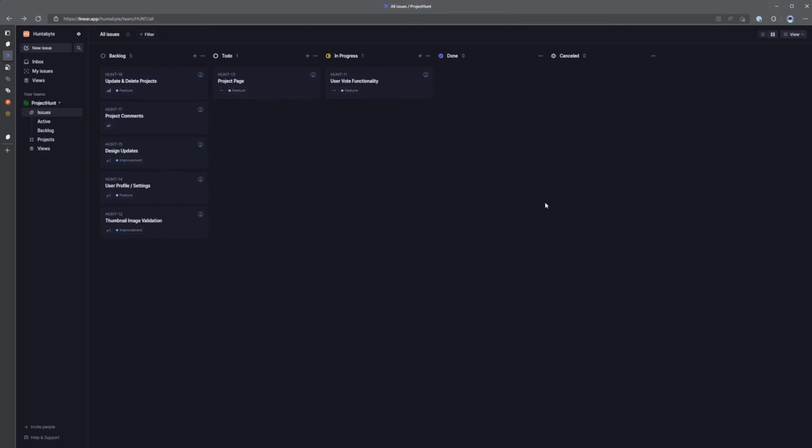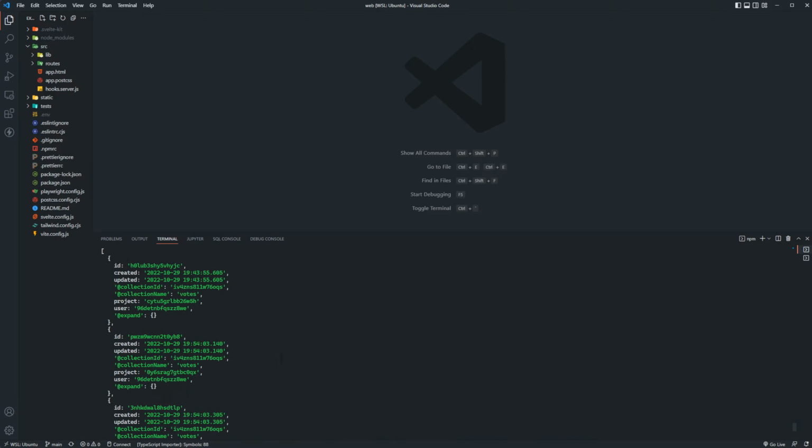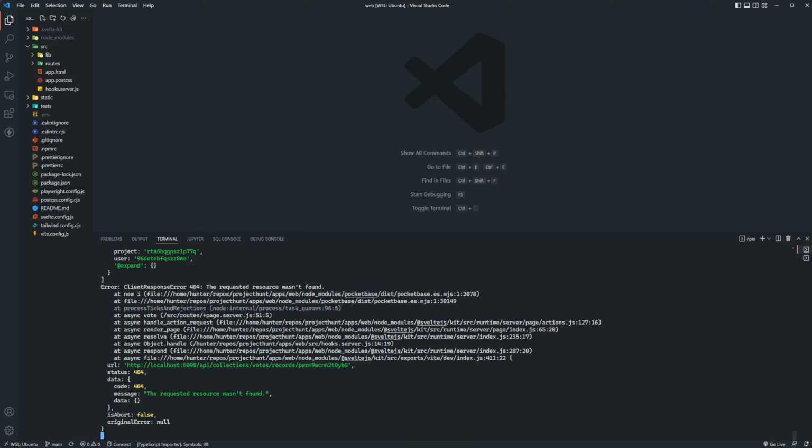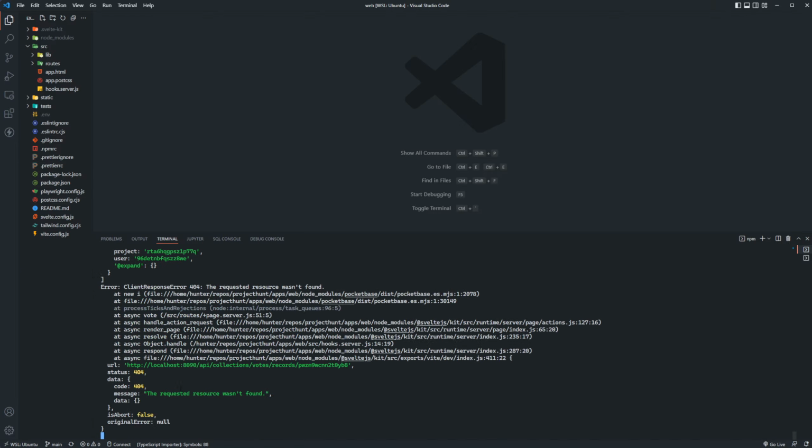All right, so let's get into it. So if you'll recall, we had this issue where the requested resource wasn't found. I haven't done any investigating into this whatsoever, but it's coming from PocketBase. And that's when we go to downvote something. So